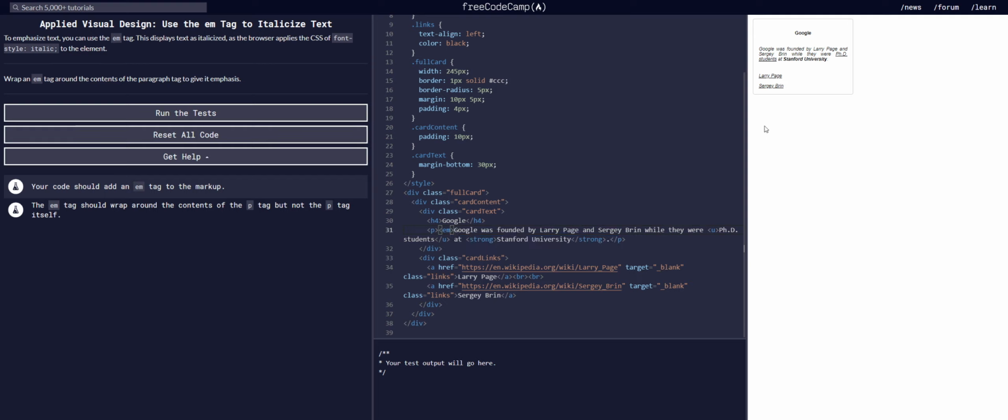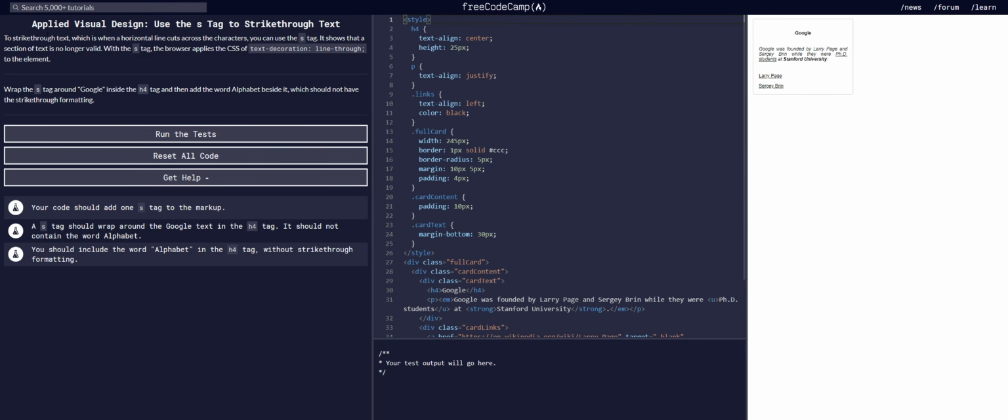Very cool. And you guys see how if we don't close it, everything else is going to be EM. If we close it, only the things that we put inside of it are in EM. Very cool, right? To strike through text,